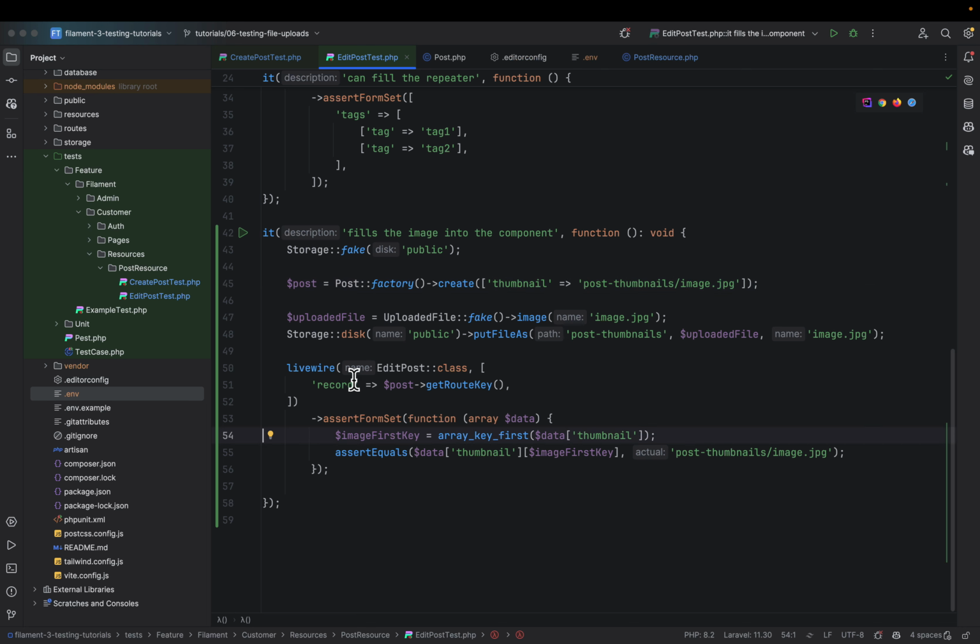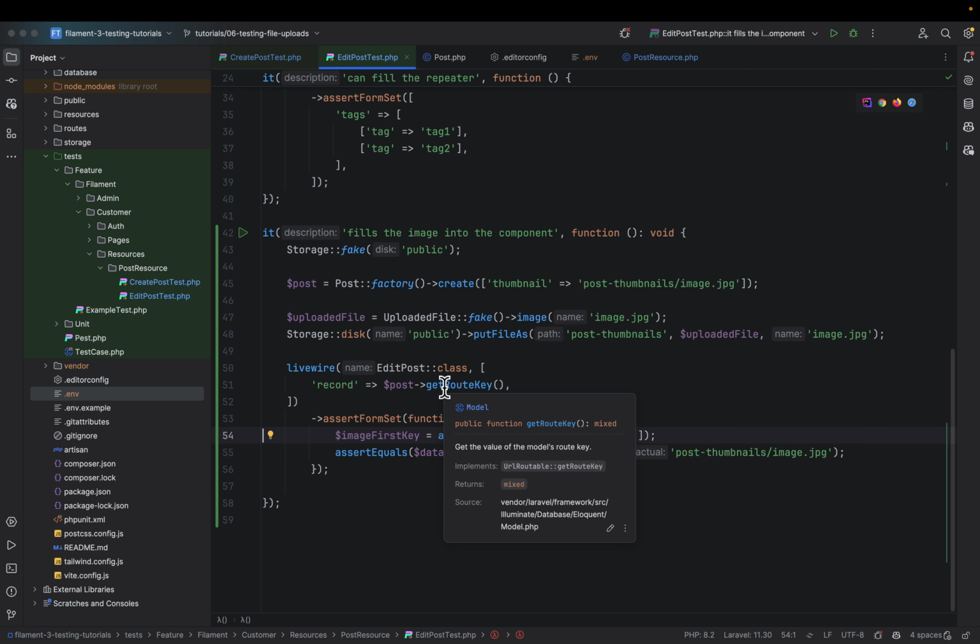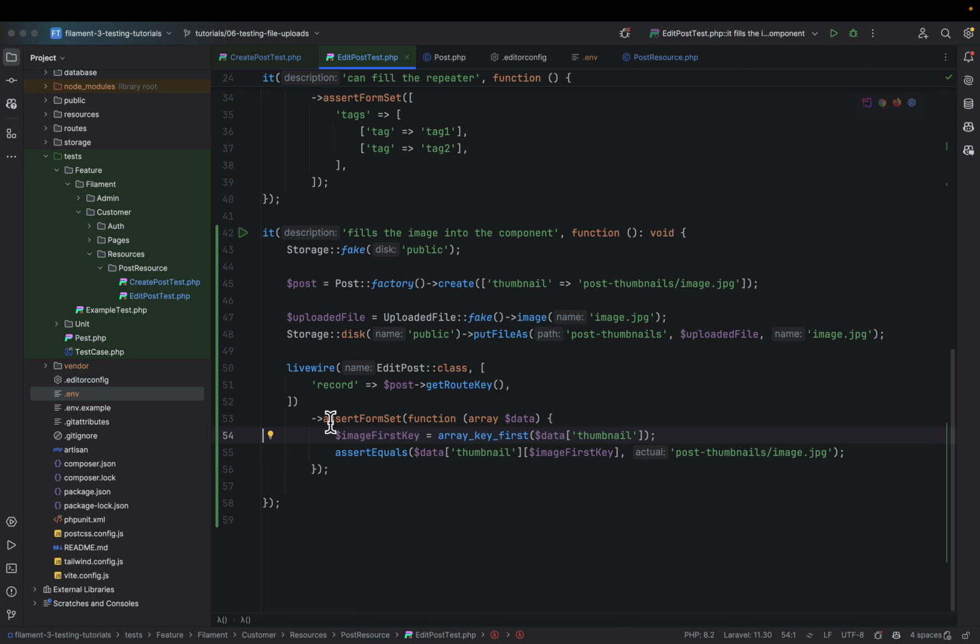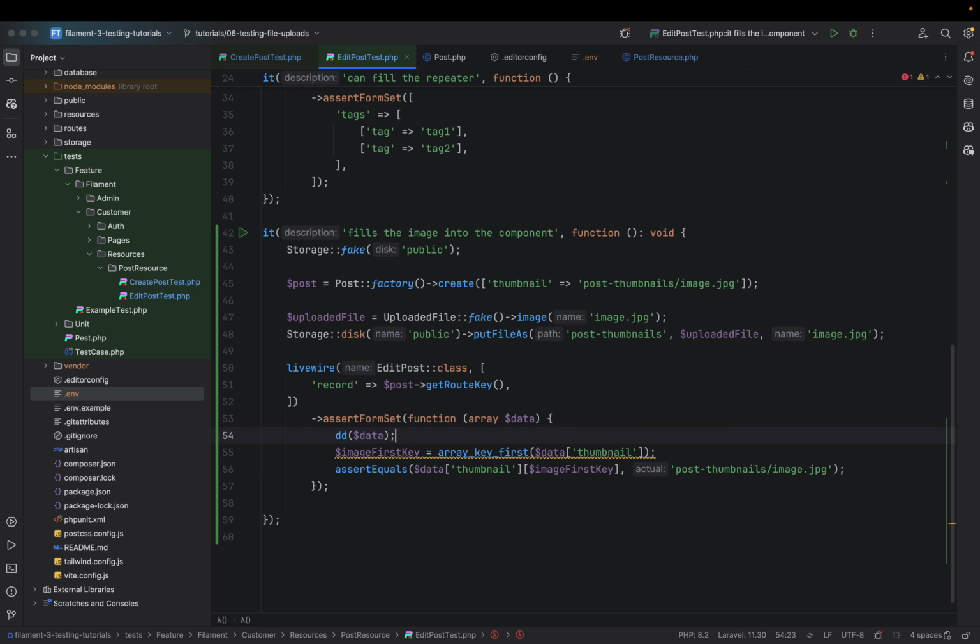So then I'm just actually testing the edit post class. I'm passing in the record, which is the post ID. So you have to pass in the post ID, sorry. So I'm using the get route key, which basically just passes in the ID, but if you change the route key to a slug, then it would use the slug. Then I'm using the Filament assert form set function. I'm passing in a callback function, which is actually really important, because if we dump this data,